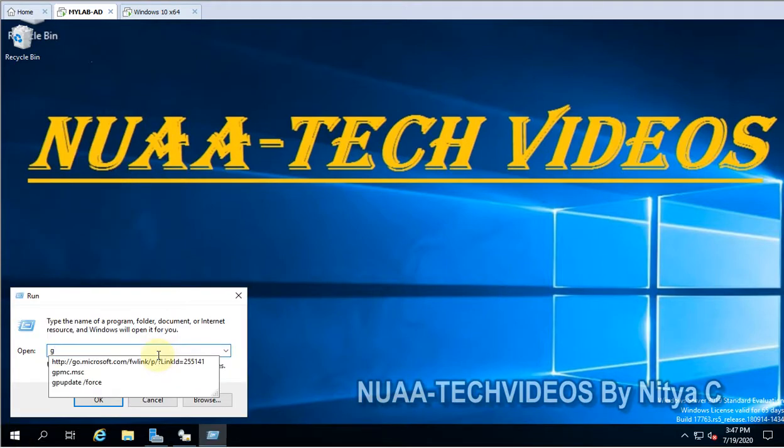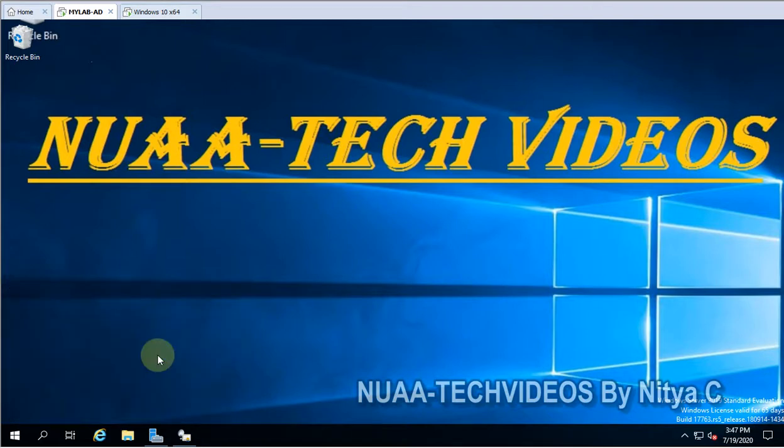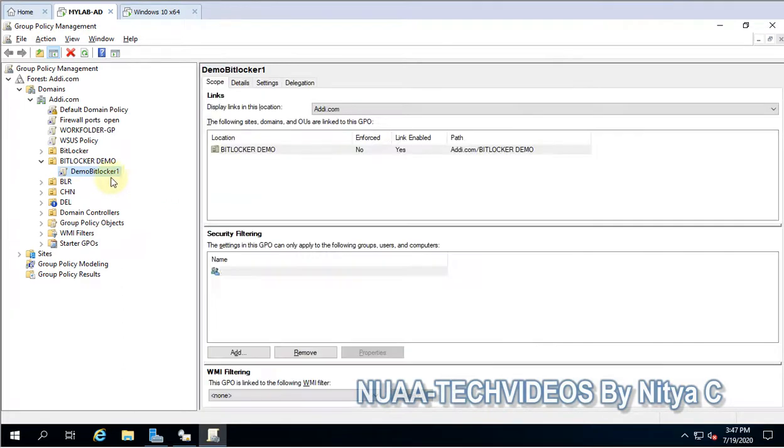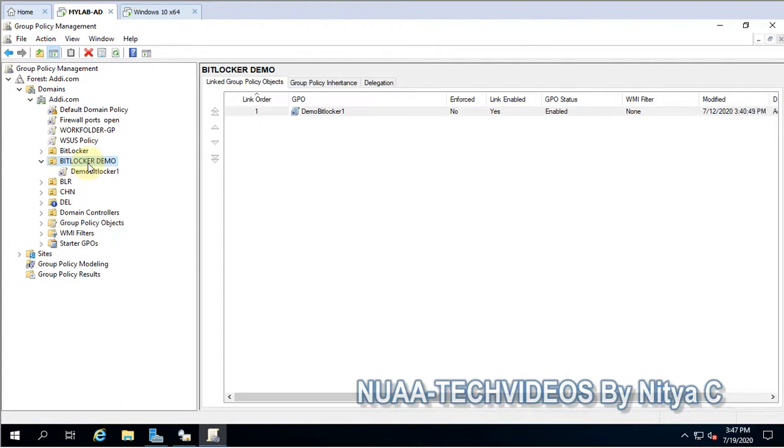So this is the domain controller, but if you have another domain controller, you have to open the group policy, and you have to locate the OU where all the servers which need RDP license should be part of that OU. So I'll configure this policy on BitLocker demo because I have